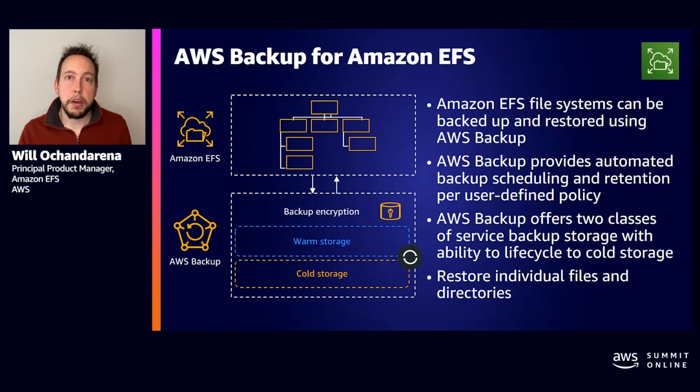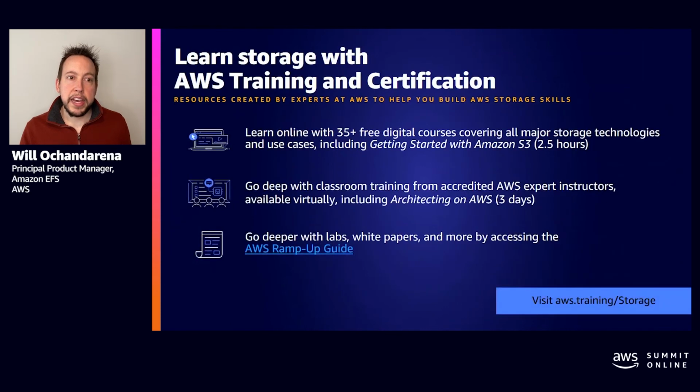Last, always turn on backup for your file system. You never want to be in a case where your application comes up and accidentally changes a file or deletes a file. So when you turn on AWS Backup, it can keep backups of all of your data. It'll keep them in low-cost storage and always give you the option to pull files back as needed. And last, make sure that you check out all of the resources that we have for training and certification.